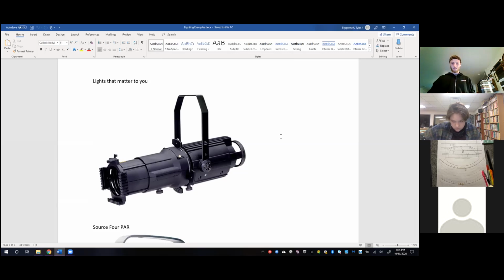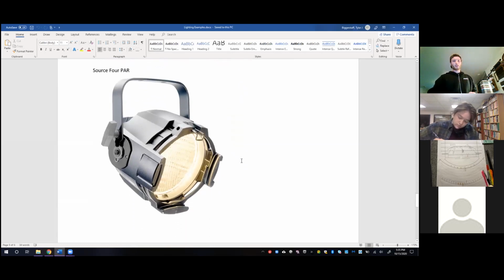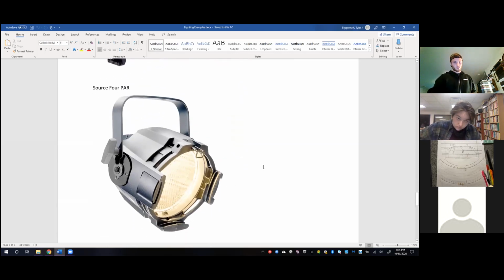In the rubric, she has on there what all we can use. Oh, interesting. I haven't looked at a rubric, so I just picked the former. No, that's fair. The second one that matters to you is known as a Source Four par, which on